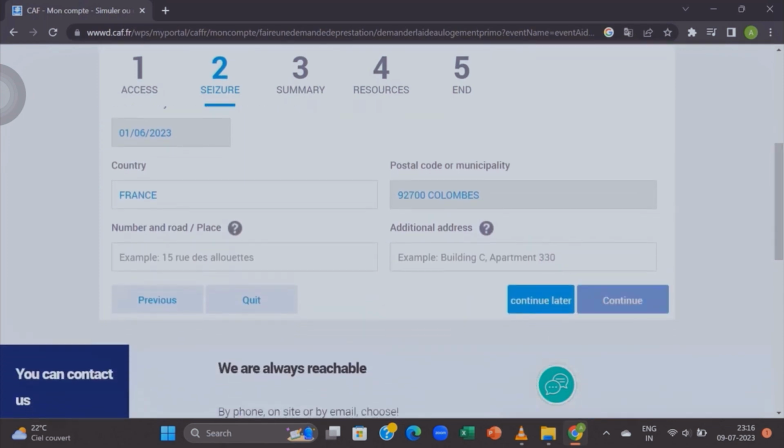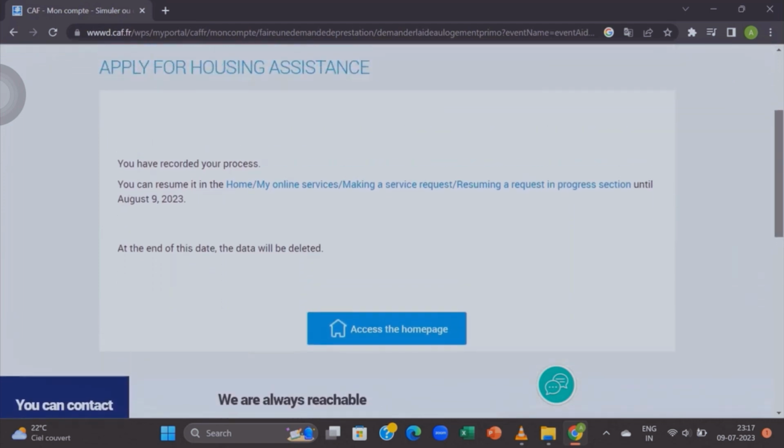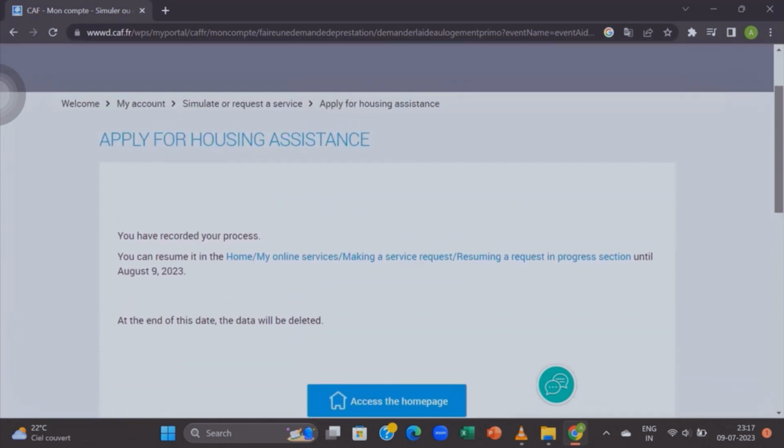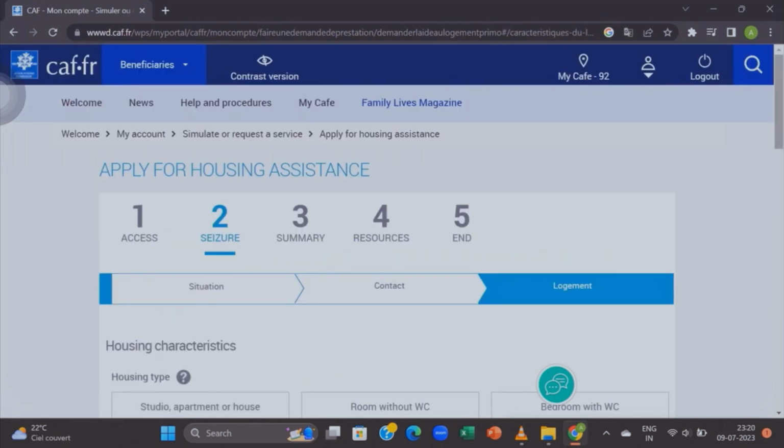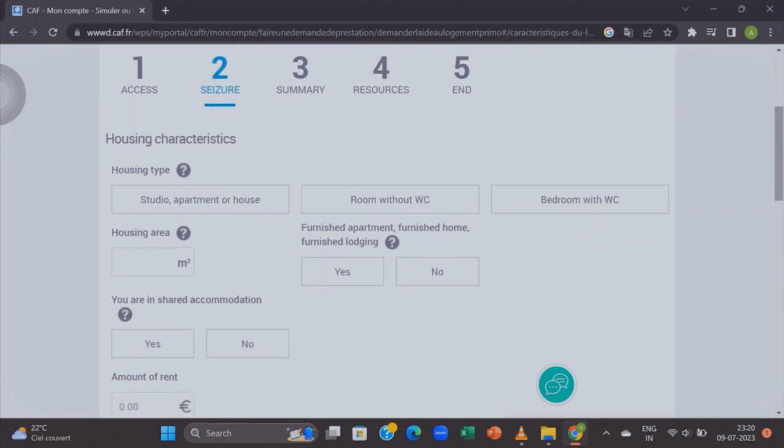So now you are in a new place where you are requested to provide the accommodation details or address. So once you provide the address, you go for continue. So once you continue the process, you can resume it in the home or my online services. You can click there and you get into a new page from where you are asked about your housing characteristics. So in this example, it's an apartment or a house, so we go for the first